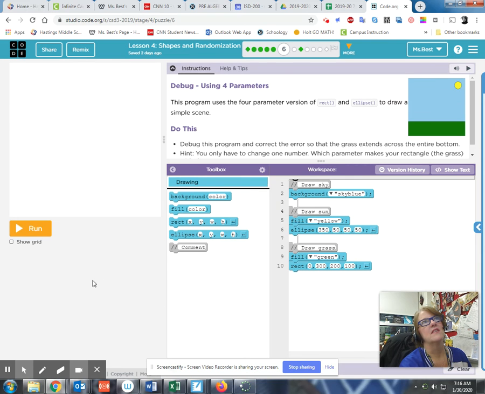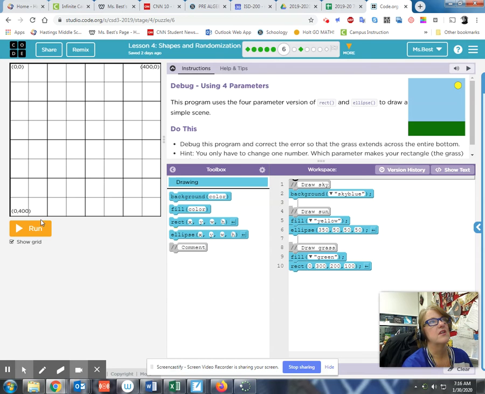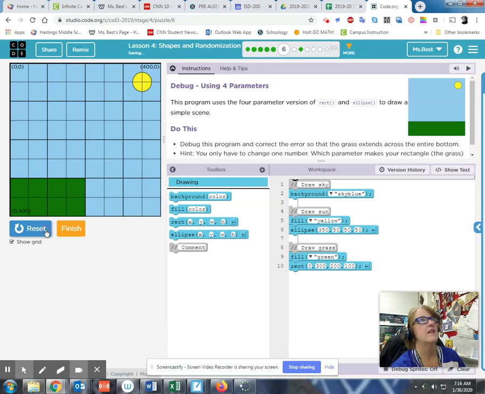Bubble number 6. Oh, look at this. It's using the 4 parameter version of rectangle and ellipse. And what they mean by that is the first parameter is the X position. The next one is the Y position, then you have the width, and then you have the height. Turn on your grid so you can see 0 to 400 going horizontally, 0 to 400 vertically, and then see